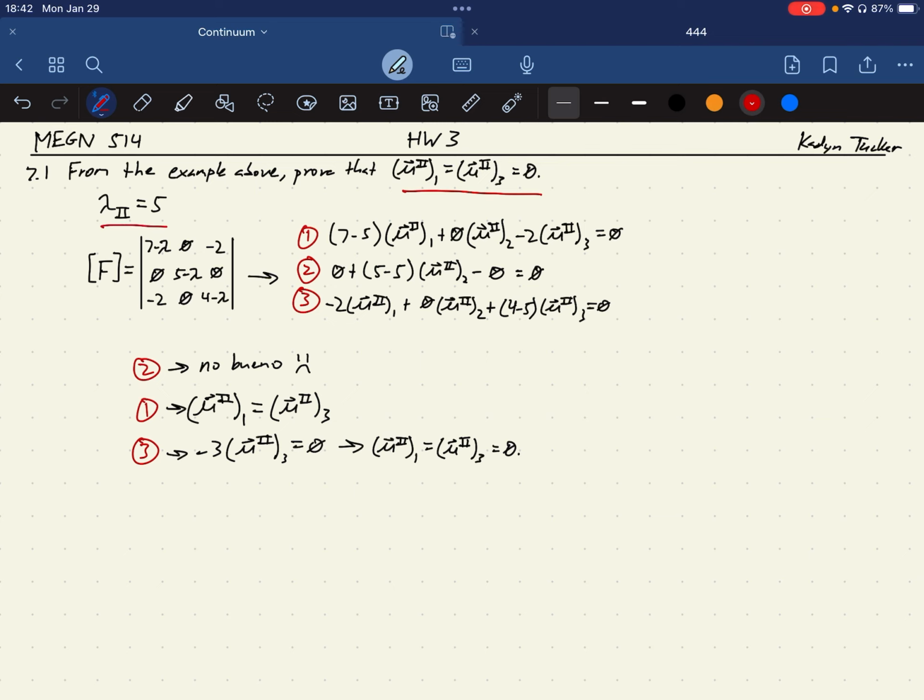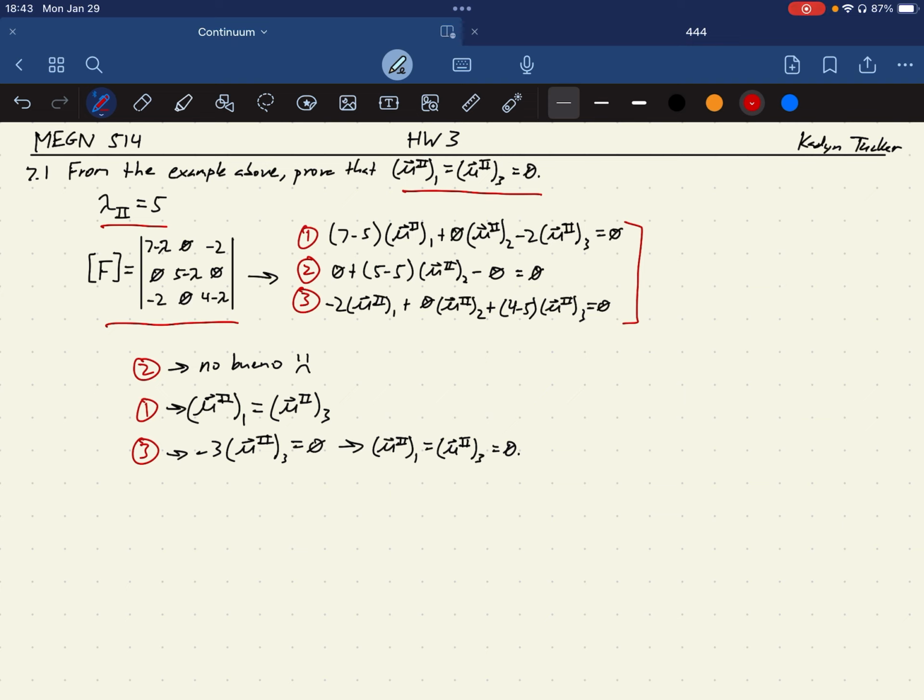is equal to 5. So taking the matrix for tensor f that the example gives us, we can turn each row essentially in that matrix into one equation. So we end up with the three equations you see here. We then plug in our eigenvalue, in this case being 5, for lambda in each of those three equations. And then we can start to solve for the different